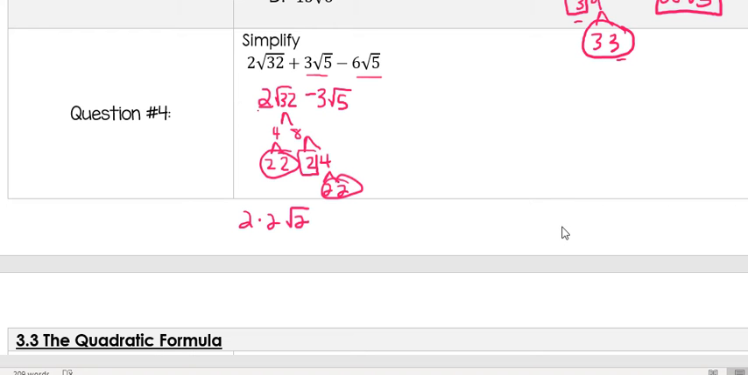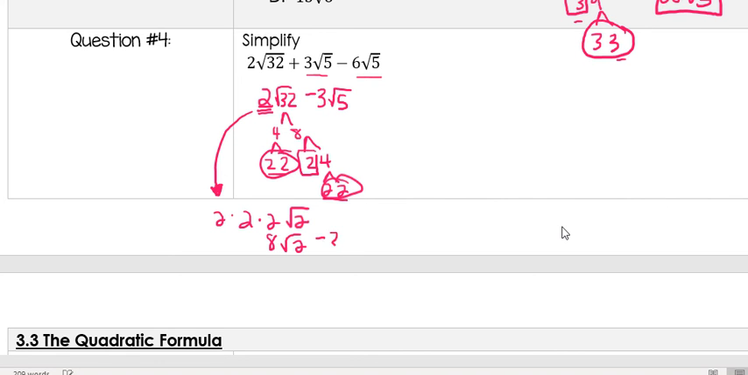But I had this guy out front to begin with. I can't forget to bring him back down. Okay, so I'm using that 2 because he was there to begin with, and then I brought out this pair of 2's and this pair of 2's. So that's where I'm getting those 3 2's from. 2 times 2 times 2 is 8, so I'm going to have 8 square root of 2 minus 3 square